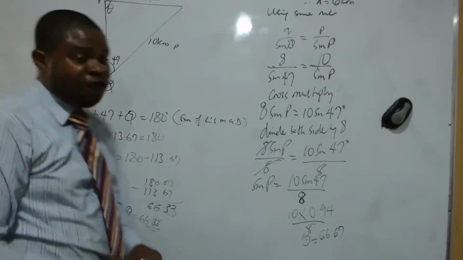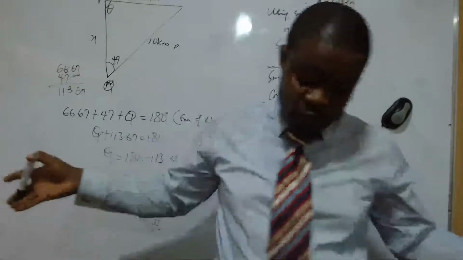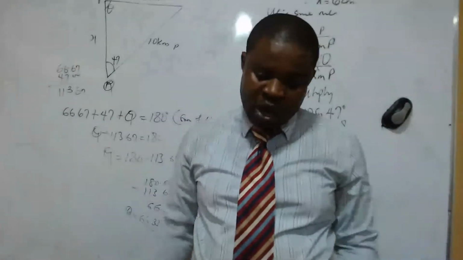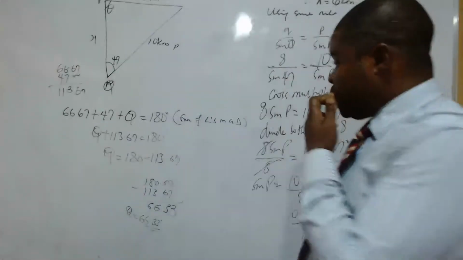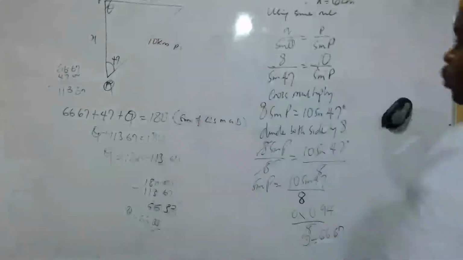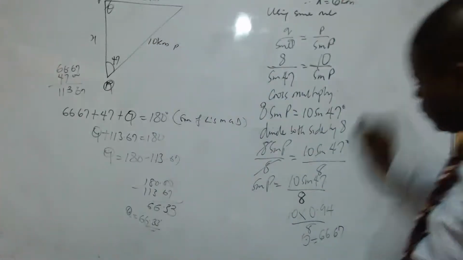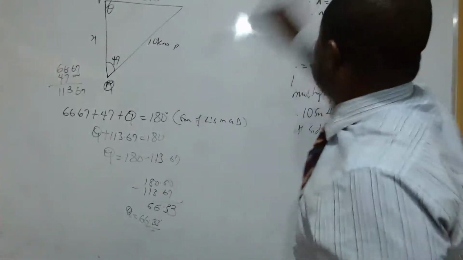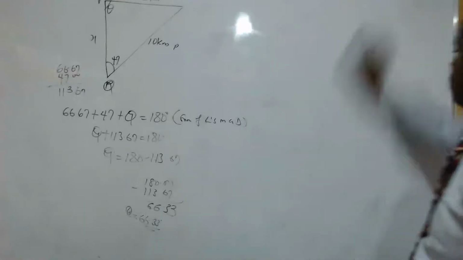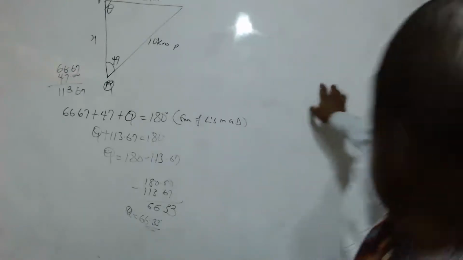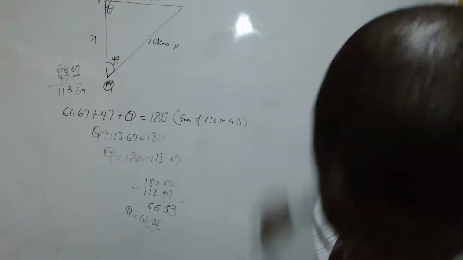So that will be the value, the distance of it from the other side. Now, to get the kilometer of X, because they ask how far is that, so we're going to have